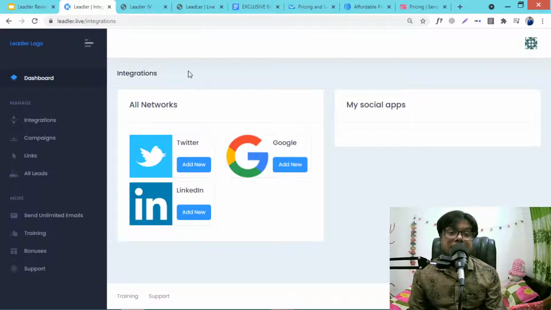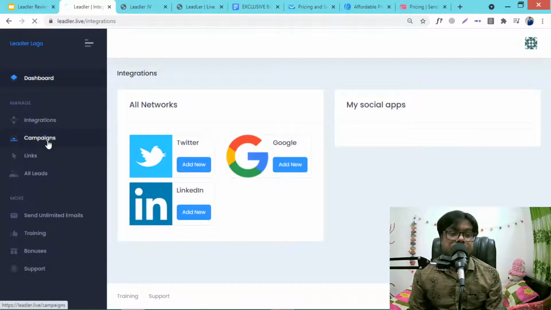You all know that the leads collected from LinkedIn are very highly qualified leads. You can sell big products to them, and Twitter and Google are also awesome. So you need to add these networks by clicking add new, and you need to authorize through Twitter, the same as Google and LinkedIn, and link your social account here.